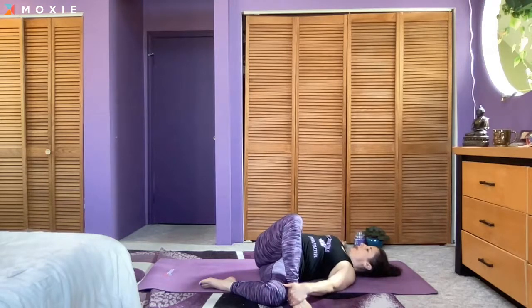ribs open, just opening into a twist, breathing into this lower right quadrant of your torso. Breathing out, feeling a sense of ease, a sense of release. Feel the right hip dropping toward the floor. It's not going to find the floor, it's just moving in that direction. Take another deep breath in